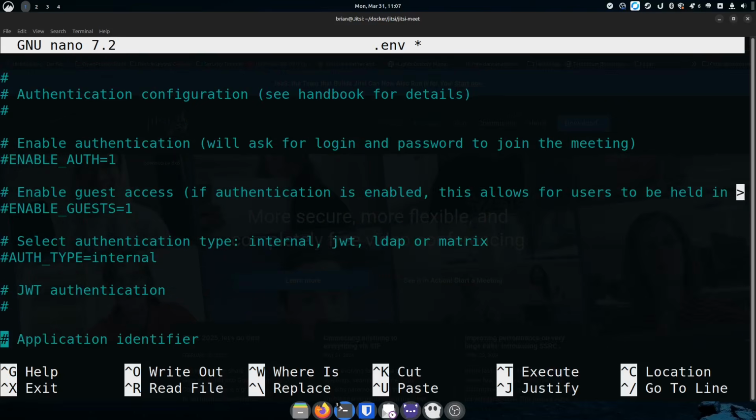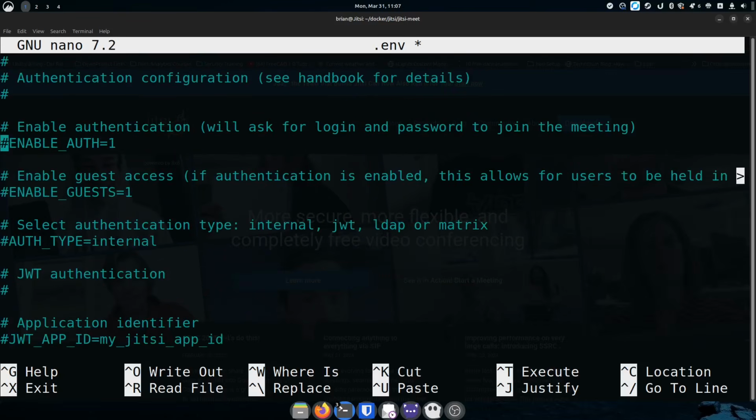There's a lot here. Now, under the authentication, this is where we get into the meat of it. With what we have set right now, we could save this. We could just do Control-O and Enter, and then exit this and go start docker compose up -d, and Jitsi would run. And you would be able to create meetings and join meetings, but it's going to be